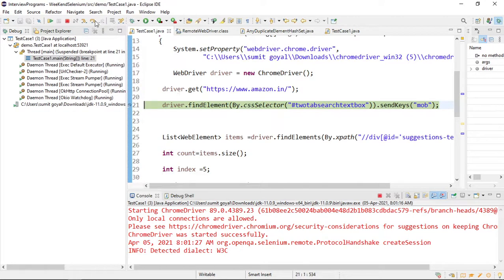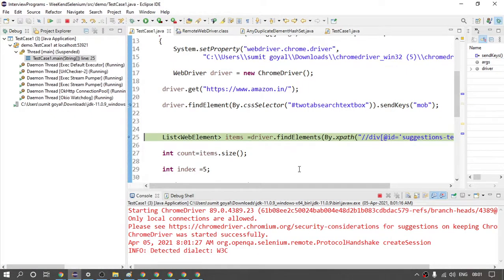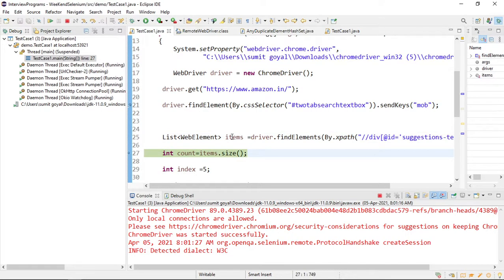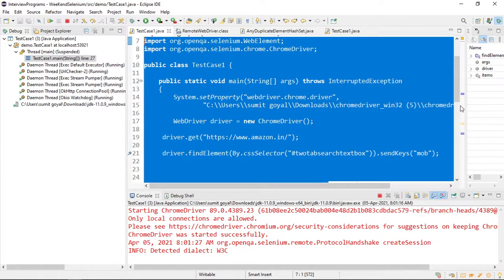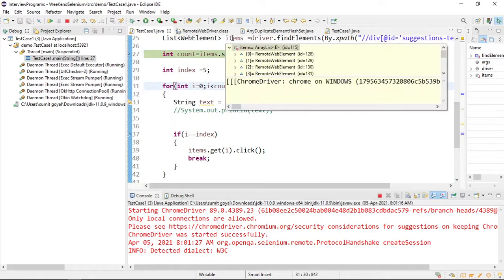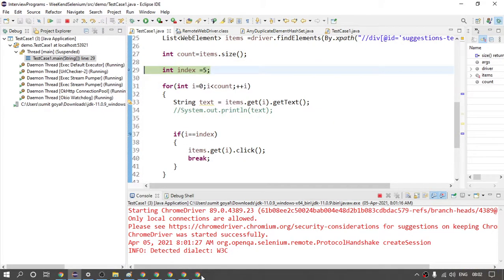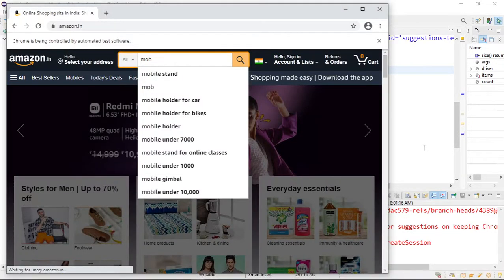It will send MOB. So what is the data? Data should be loaded. So now data is loaded like this. And in this find elements, I have written the XPath in such a way that it will highlight all the data, so it will capture all the data. If you see this, total elements it has captured. You can also count. If you want to count, the total data is 10: 1, 2, 3, 4, 5, 6, 7, 8, 9, 10. So it has captured all the data.